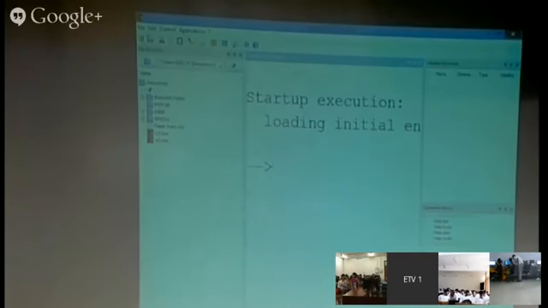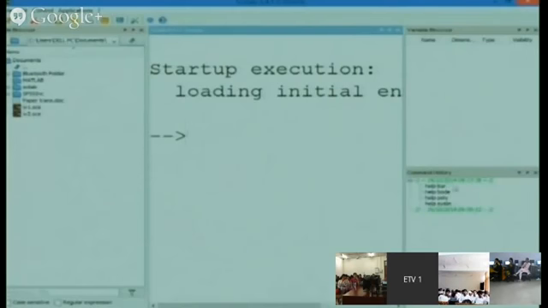So as you can see on the window, I have opened Scilab. You can see this is similar to MATLAB. This is the Scilab console, and this is the variable browser where you can see the various variables which are being used in your program, and this is the command history on the right bottom side, and these are the various files which can be opened and which are there in Scilab.